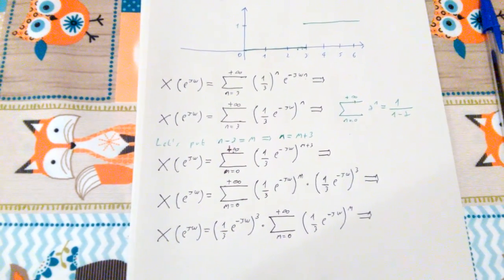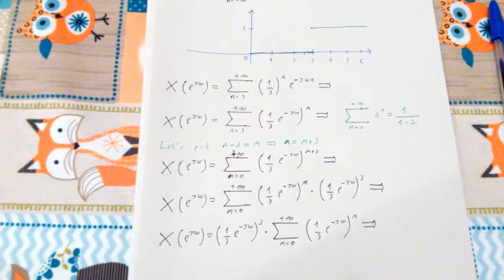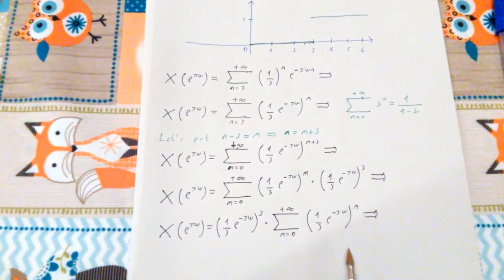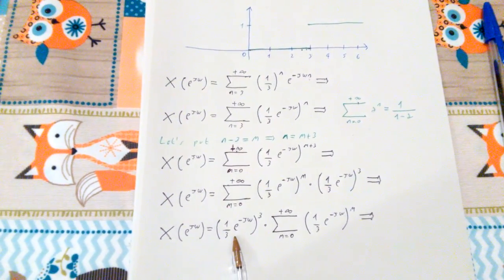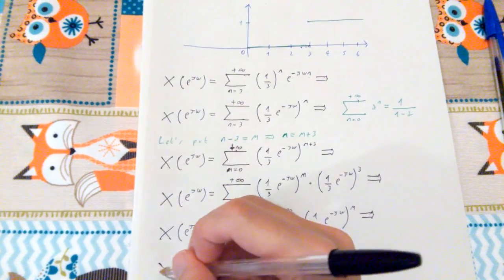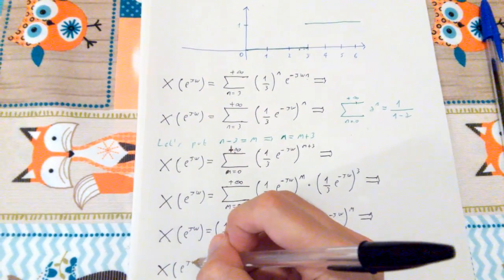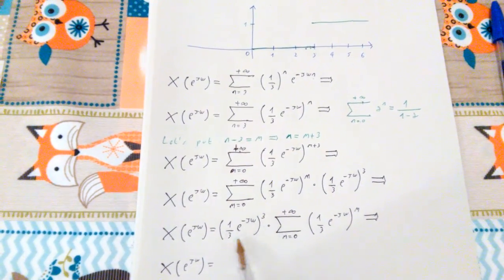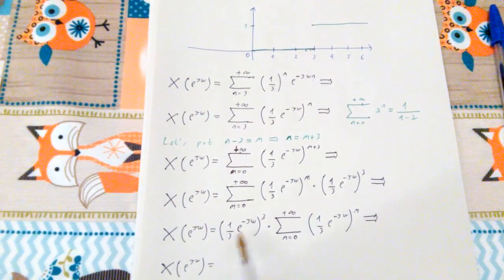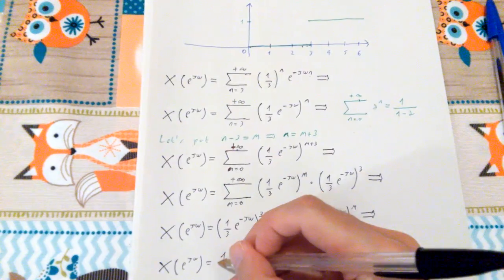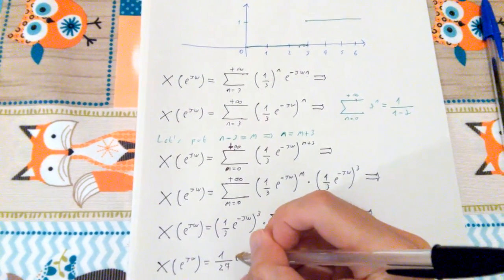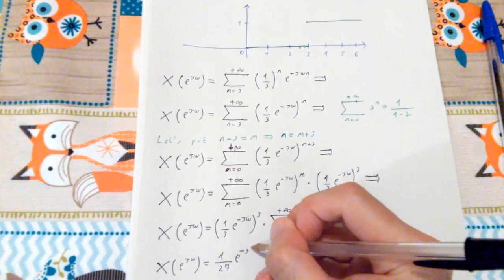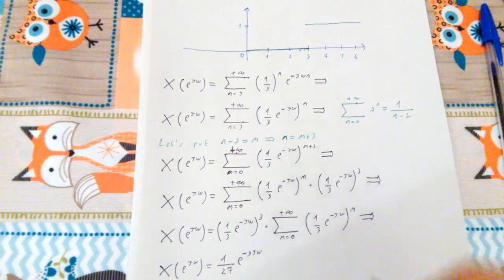We are almost done. First, let's deal with this one. This is just a power: we have 3 to the power of 3, which is 27, so 1 over 27 e to the negative 3 j omega